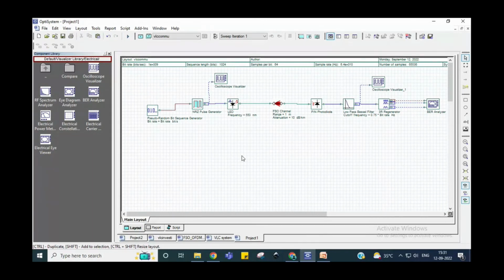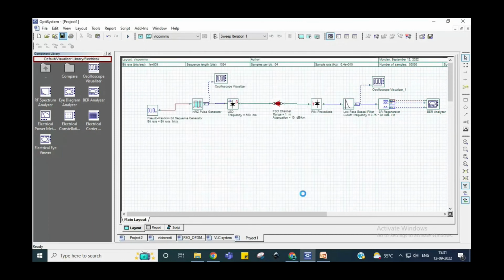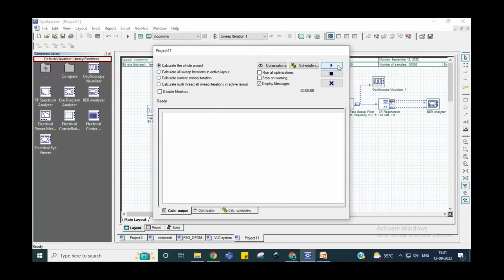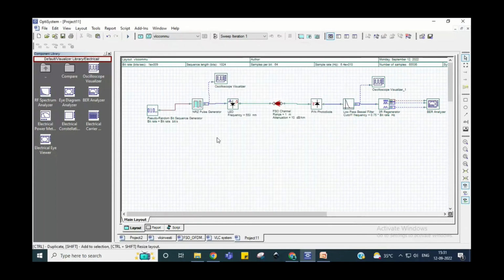Now just save your project, like project 1. I'm saving it as project 1, and save, and run the system. So as you get the message calculation finished, then close this window and you are ready